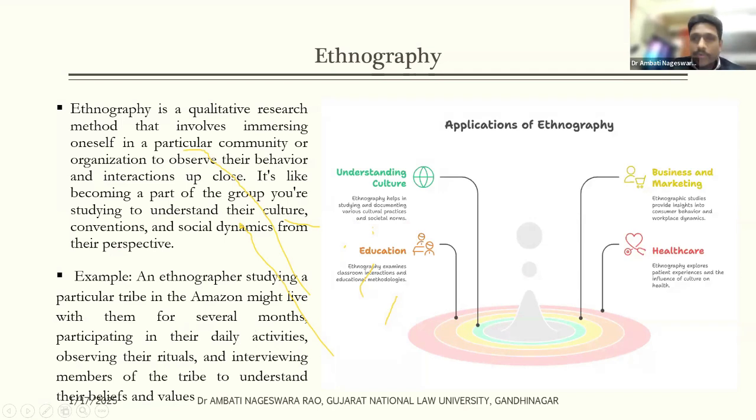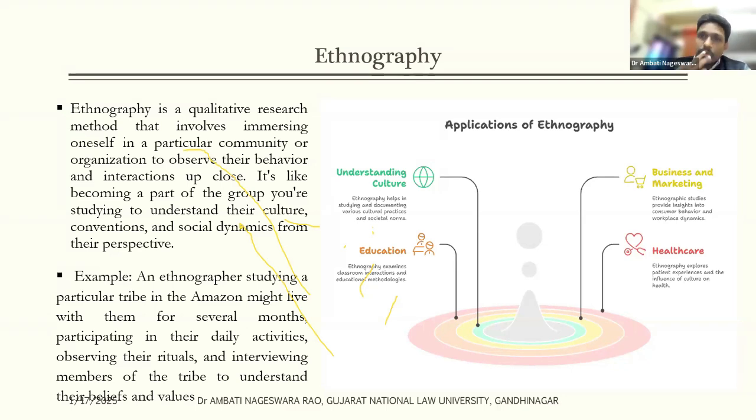Whenever you're collecting data as part of your research, sometimes you might be conducting in-depth interviews. If you're going more in depth, you may go for 5 sittings instead of one interview in one sitting, maybe 2 or 3 sittings. It may take 5 hours, 6 hours, or 3, 4 days also. But it is limited as part of an in-depth interview. If you're conducting a focus group discussion, you might have 5 to 12 people, or around 10. You may go for 1, 2, or 3 hours, and you may have multiple focus group discussions.